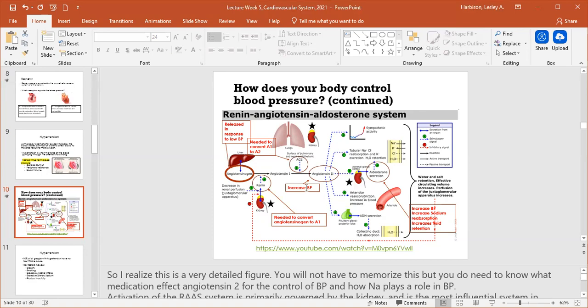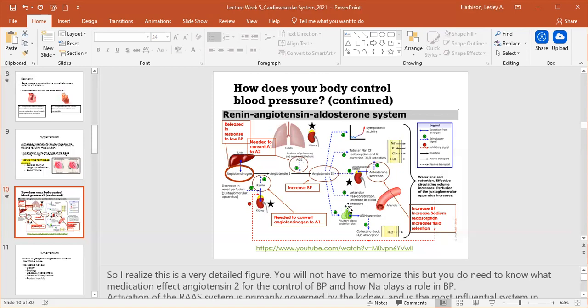The other medication that was talked about is the ARBs, and those actually affect angiotensin 2. Those block the angiotensin 2 receptors, so they act a little bit farther down the flow of this mechanism, therefore still blocking the mechanism that raises blood pressure, and in effect still